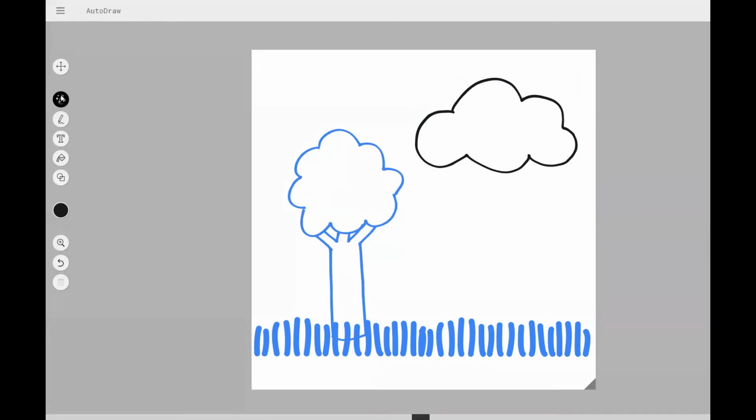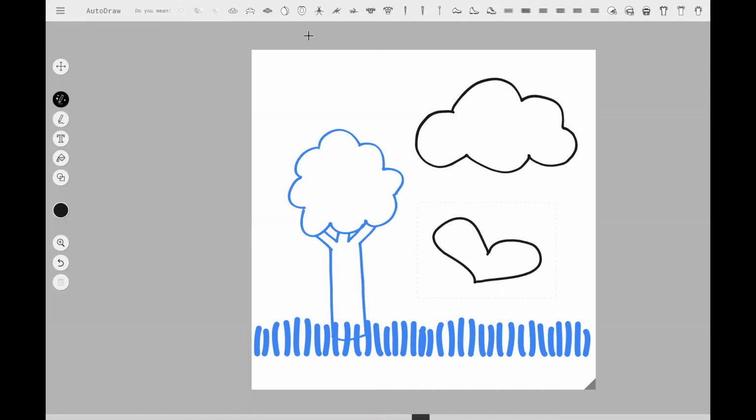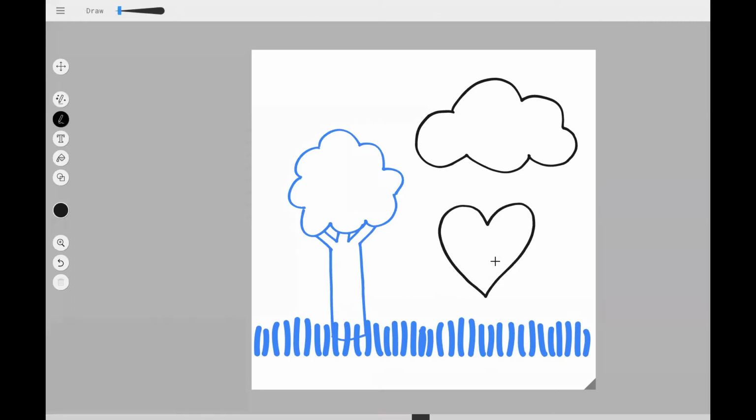If it is the little AutoDraw button with the sparkles around it, that's the one that will tell you, oh, did you mean this? But if you use the one underneath it that says just draw, then anything that you draw is just what you draw. You can, I'm going to use this little button down here that says undo. And then you've got the type button, which means you can start typing things up here.